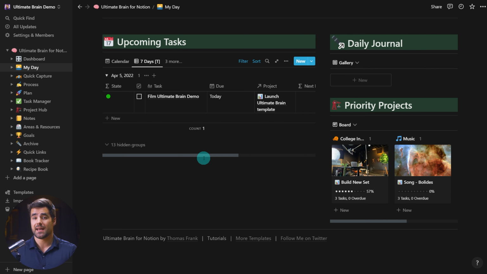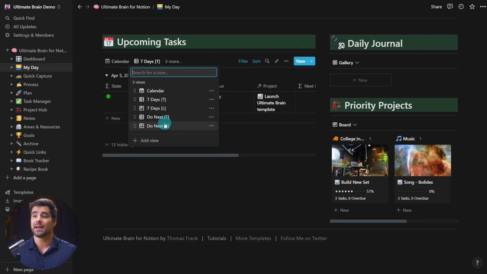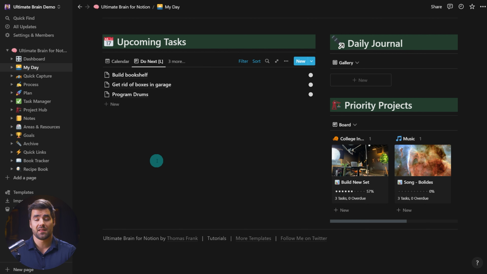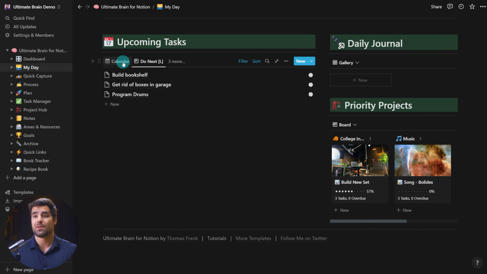Or if you are a getting things done aficionado, you can also switch over to your due next list. And if you're familiar with getting things done, you will know that due next or next actions are items that you're supposed to do as soon as possible, but they don't have a specific due date that you have to do them on. So I've actually added in different GTD-style lists that can complement your time-based lists like